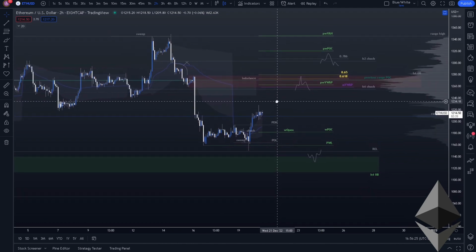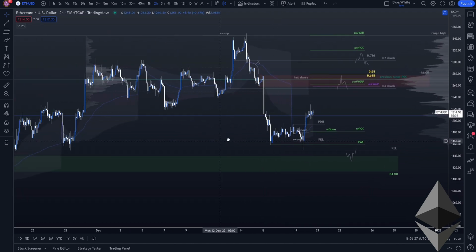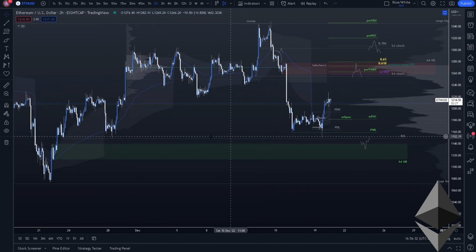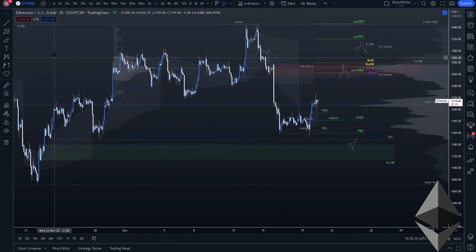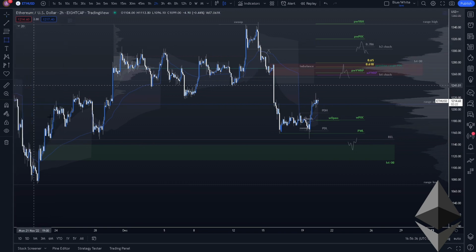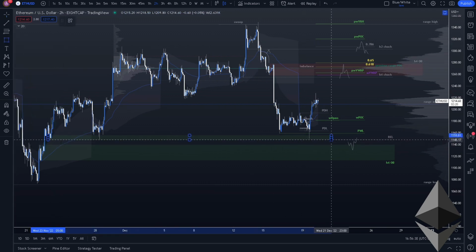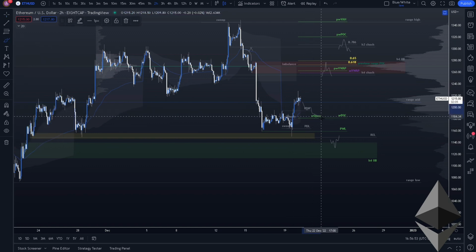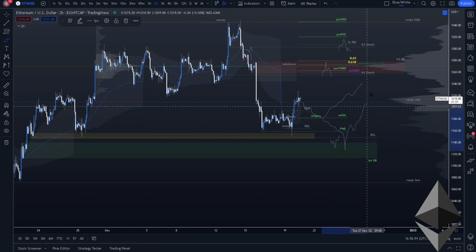But the first thing I did want to point out to you guys was that we actually have formed triple relatively equal lows down here on the 2 hour, which is very, very dangerous, as this is just a huge buildup of liquidity in this area right here. Pretty much when liquidity builds up like this, when you get so many relatively equal lows, we can see price come down further and wick everyone out into a bigger move up.